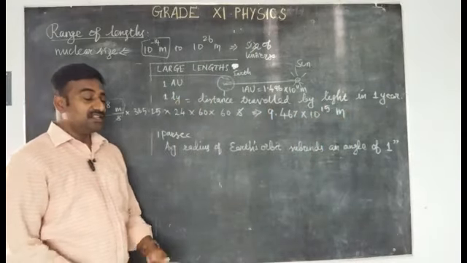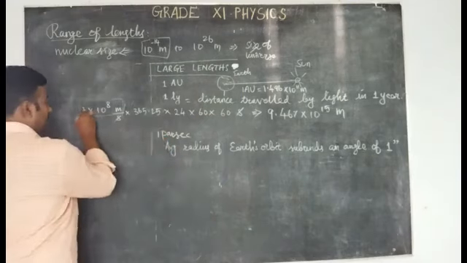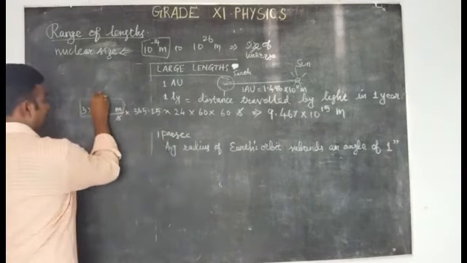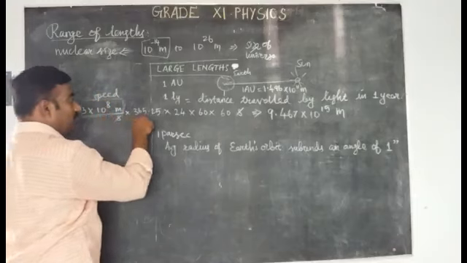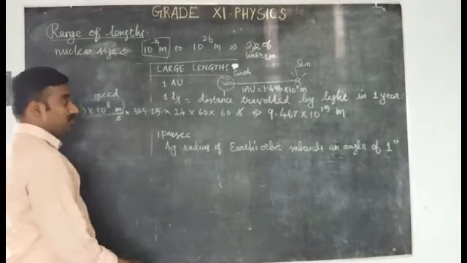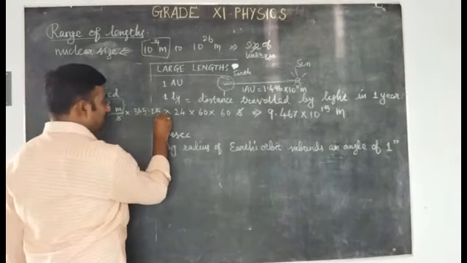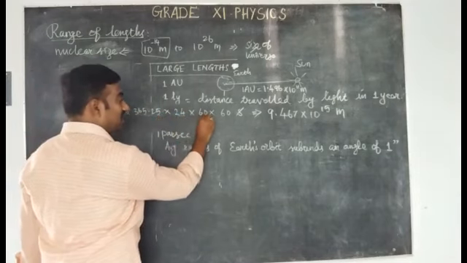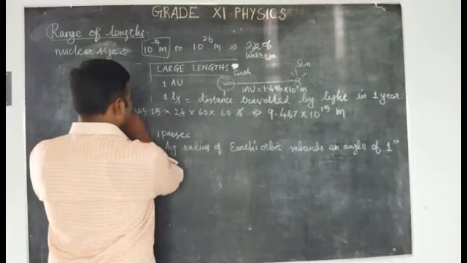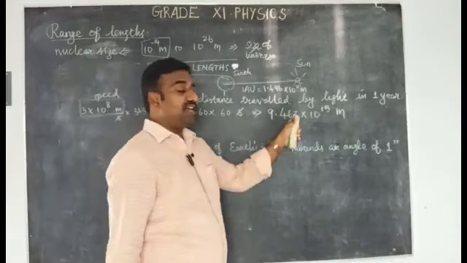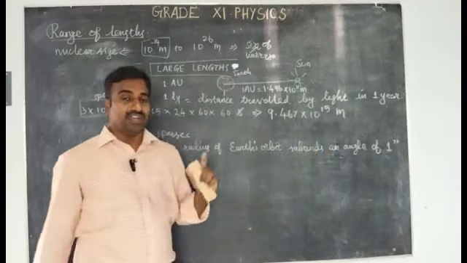So what is a light year? It is the distance traveled by light in 1 year. There is a light beam, and this is its speed per second. So how far will it go in one year? So 1 year is 365.25 days, 1 day 24 hours, 1 hour 60 minutes, 1 minute 60 seconds. Second and second cancel. After multiplying all this, this is the light year. So a light year means the distance traveled by light in 1 year.